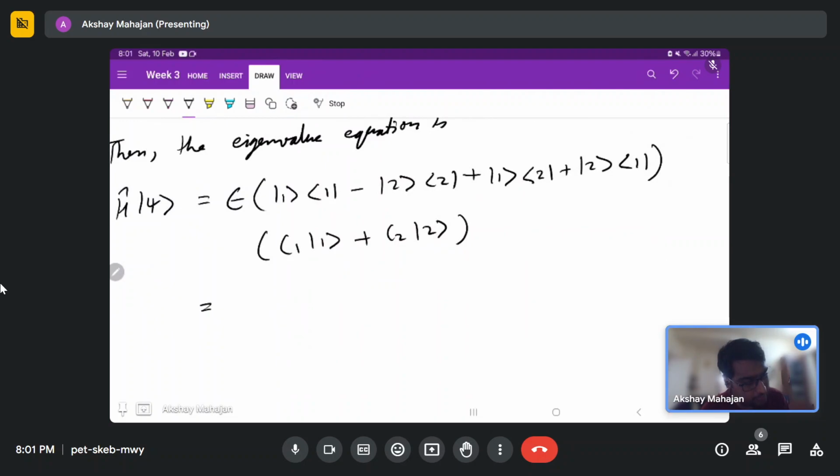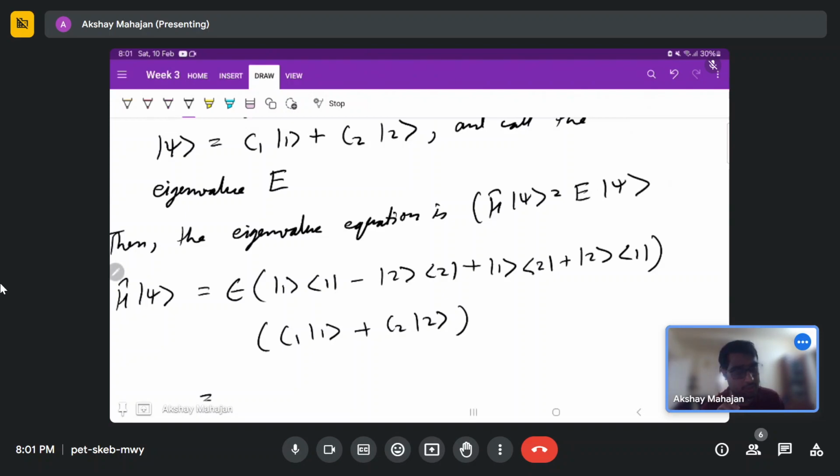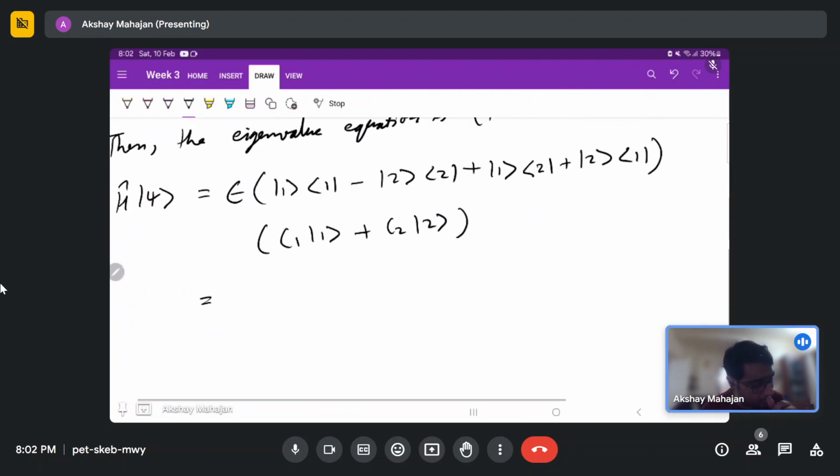So from here, if you write h cap psi, the eigenvalue equation that we have is h cap psi equals E psi, if our energy eigenvalue is E. This is the eigenvalue equation. I am writing right now the left hand side, which I can write like this, and from here what we can see is that